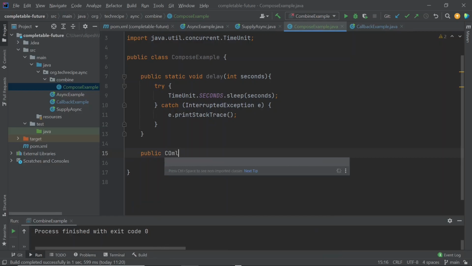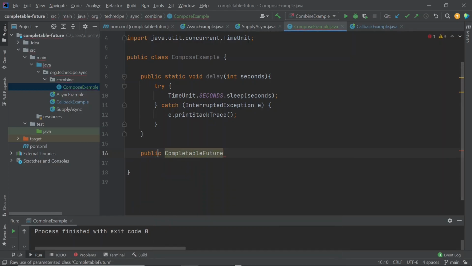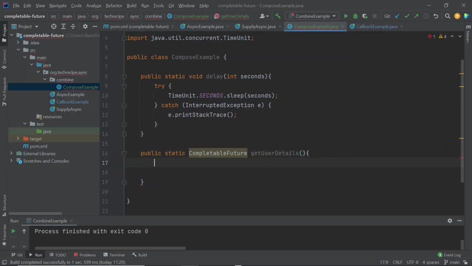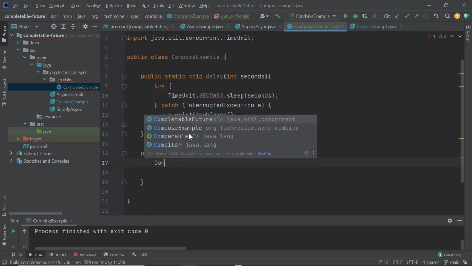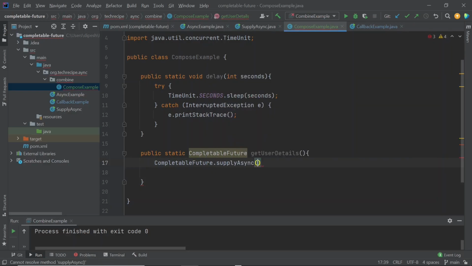To do it, we will create a method which returns a CompletableFuture. The first method that we are going to write is getUserDetails. As we have seen in the first part of this video, the easier way to create a new CompletableFuture is to use supplyAsync and pass it a supplier.